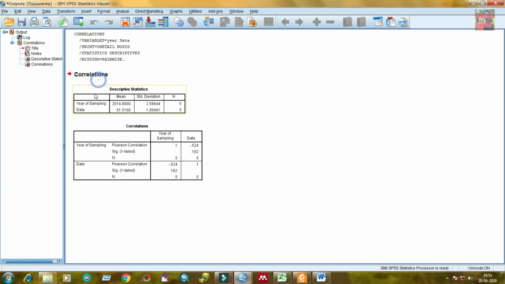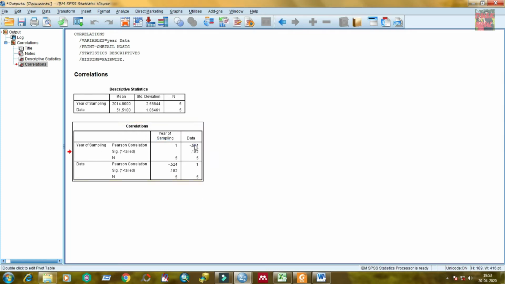Here the correlation has been calculated. You can see the year of sampling and data, and from the descriptive statistics you can see the mean, standard deviation, etc. And from correlation, the Pearson correlation is given, minus 0.524.